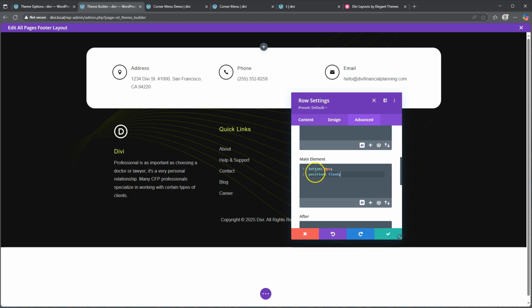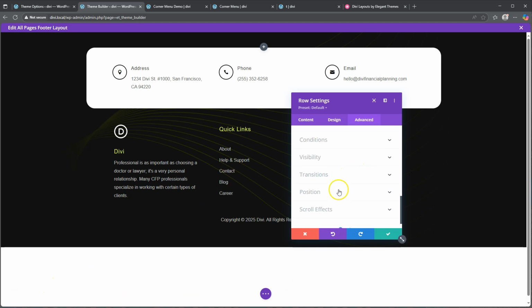Okay, and then one final thing, this is probably not really needed, but just to be safe, I want to increase the Z index to something crazy like 99. That's just to ensure that this is always going to lie on the top of the page, so that we're above all the other content, to ensure that it's always visible. Okay, so once that is done,